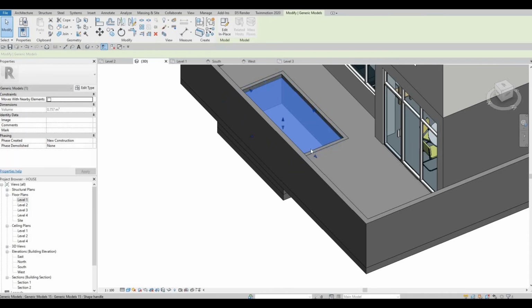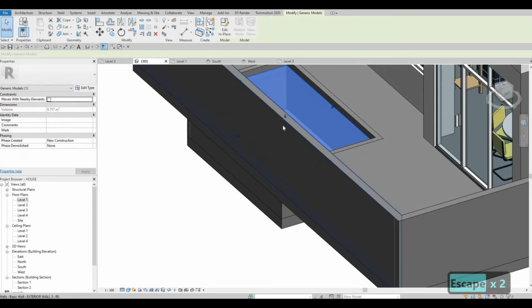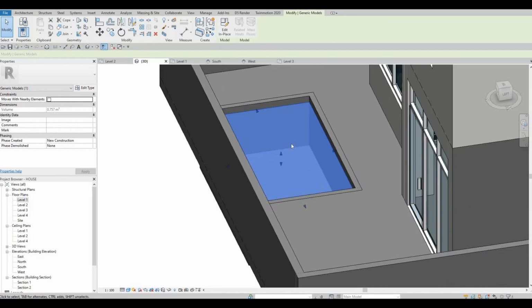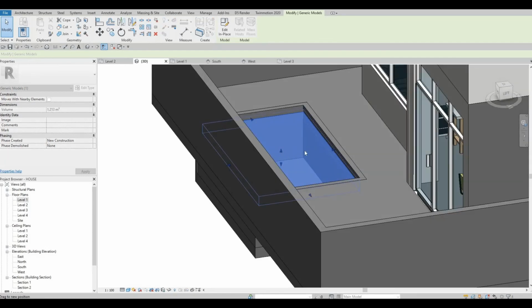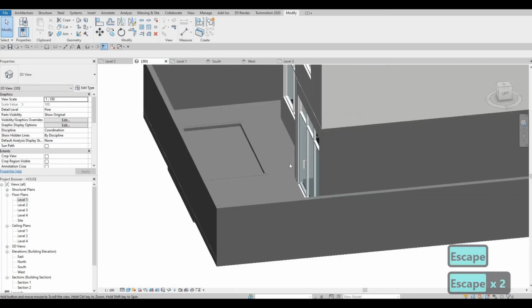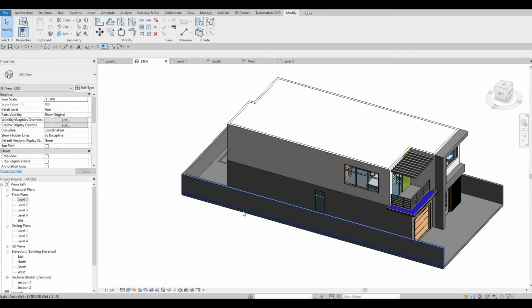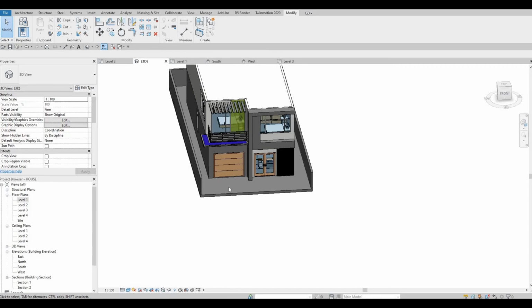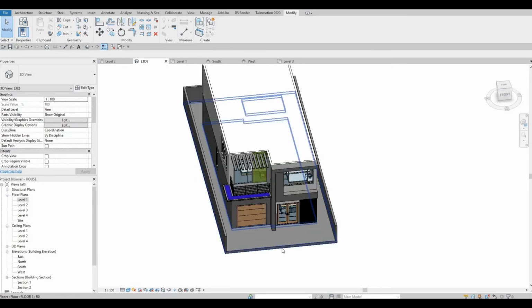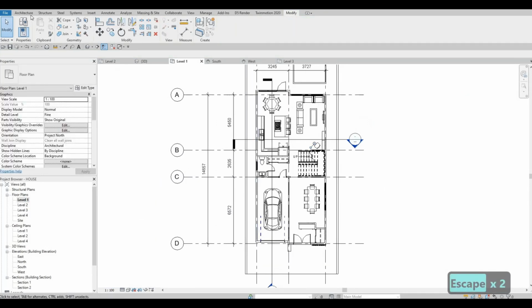So now we have our water levels, and that one we could just extend it or pull it up when we want to. It's much easier and we don't need to do anything else with that. So now we will need to add in some grass. What I usually do is I'm gonna go to my level 1, it's easier to see, and then